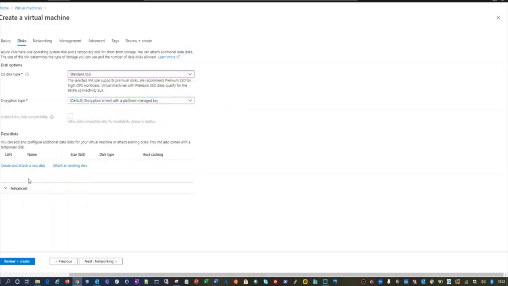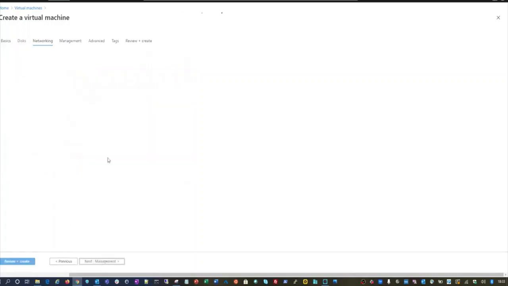Now I don't need any extra LUN, but you can create an extra LUN for having a separate disk for backups of the domain controller, or maybe you want to have your sysvol folders and your netlogon script files on a separate drive, so you can add some disk here.